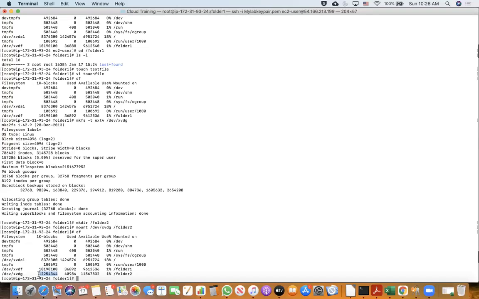That EBS is mounted on this particular server. You are able to mount them as directories, and under those directories you can create files. And you have seen that as and when you create files, the storage also gets consumed. So hopefully I explained how the storage works here.